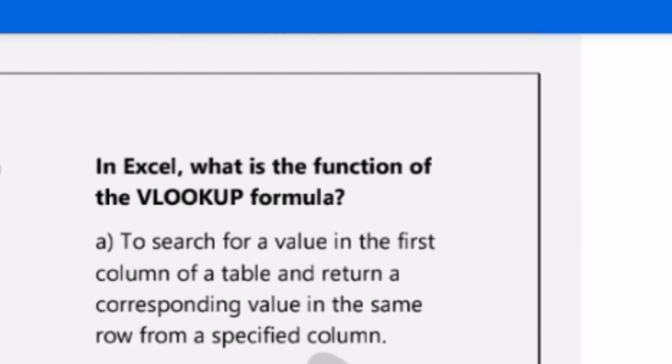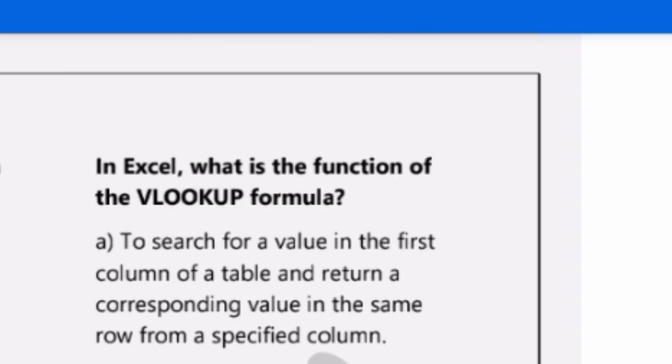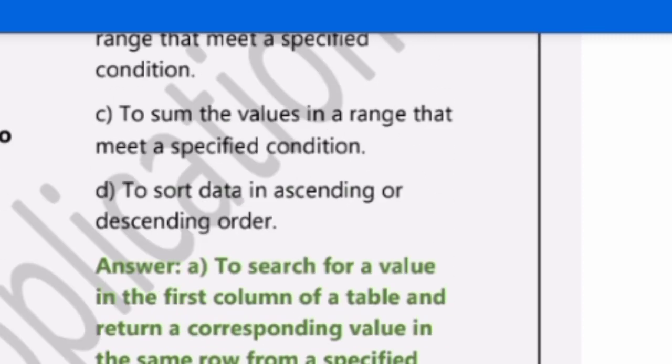In Excel, what is the function of the VLOOKUP formula? Answer number A, to search for a value in the first column of a table and return a corresponding value in the same row from a specific column. Which of the